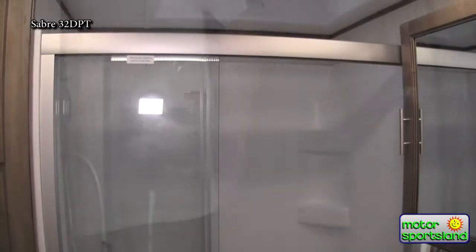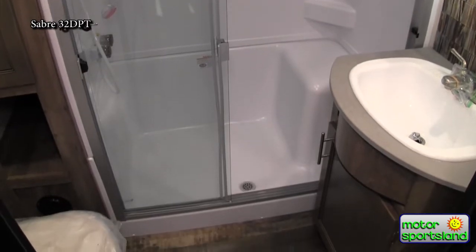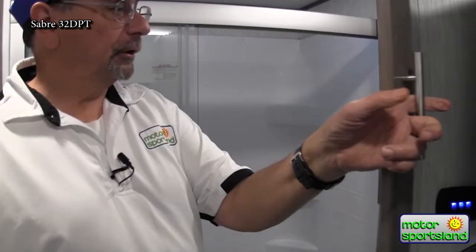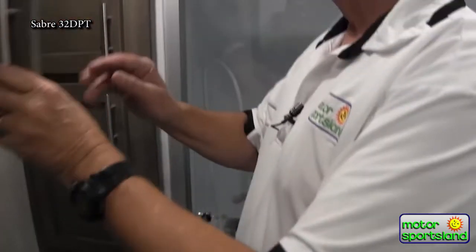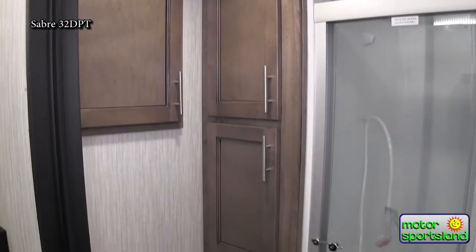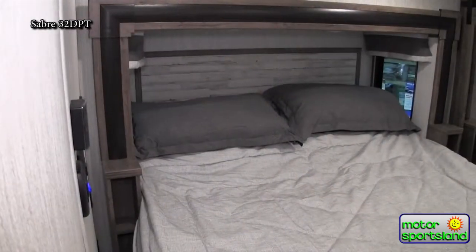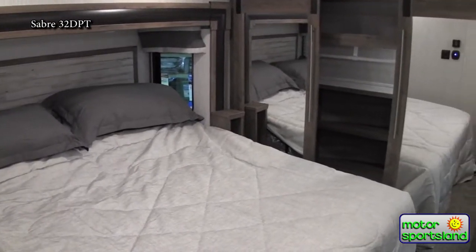I love the bathroom in the Sabre. Be it potentially handicapped or older age or some ailment, this is actually a full sit-down shower. So you can sit down in there, and once again, there is a ton of storage in this unit. Great medicine cabinet, and then really, really deep cabinets over here for towels, all your belongings. And once again, another heat vent, so at 3 o'clock in the morning, you sit down and go, ooh, that's kind of cold, but you've got your heat, and you actually have an AC vent in this room too. And you notice how bright it is in here, and that's all the LED lights, which is a new thing going on. As we go up into the bedroom,